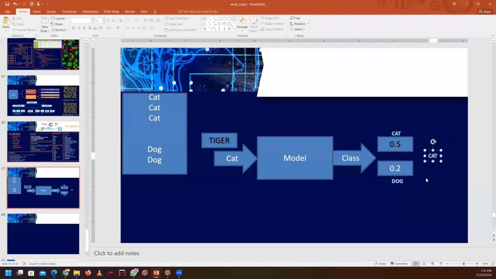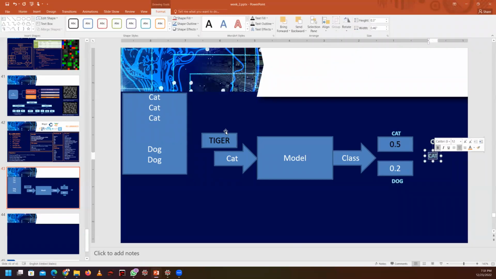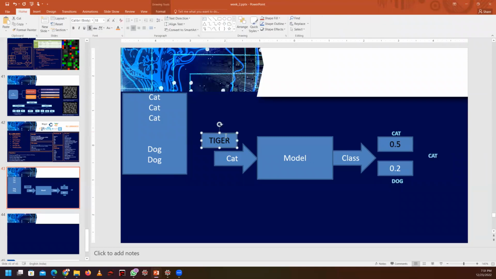Clear? Any doubt here? Here you may provide a tiger, or a lion, or a rat, or a flower instead of an animal, or you can provide your face as well. But the model doesn't understand all those things. It just knows how to classify that image into these two things, depending on these two values.